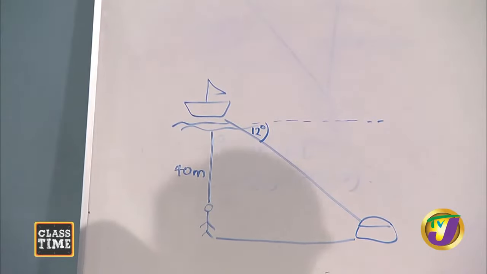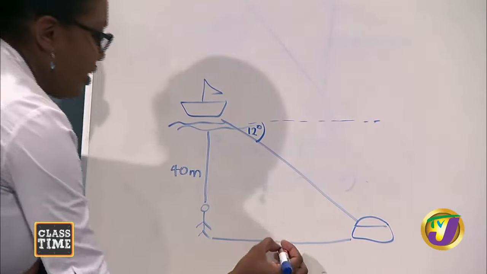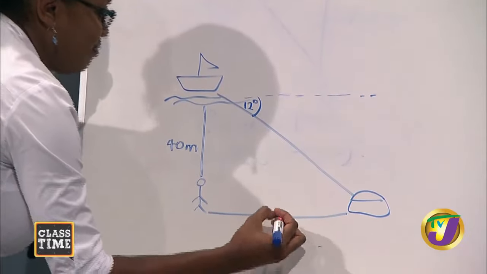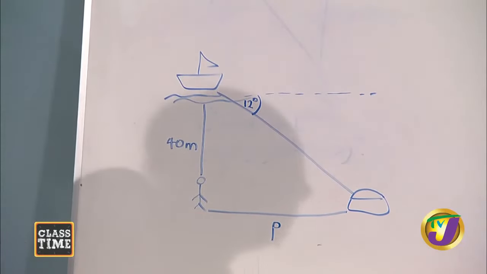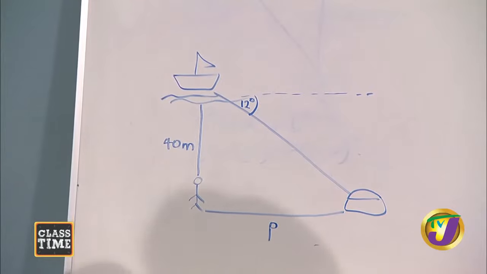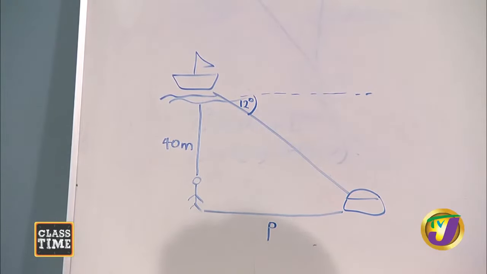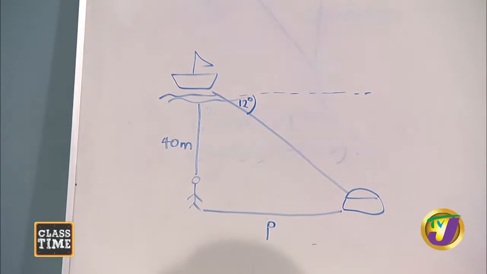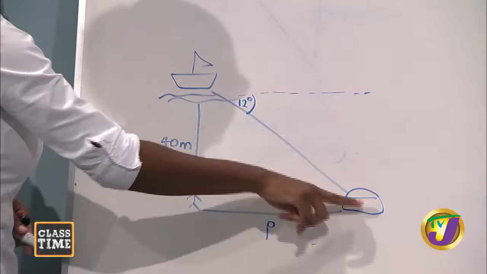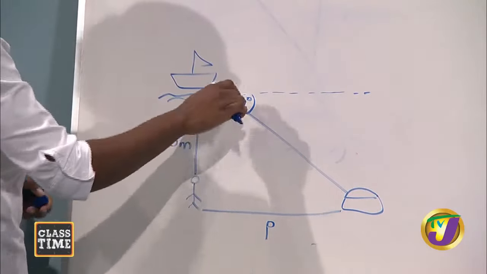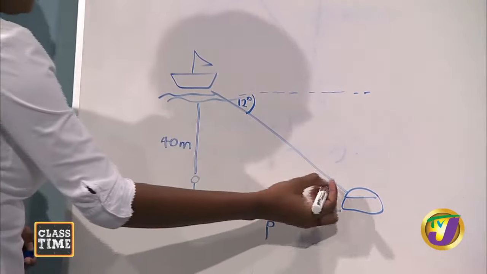So I'm going to call this, I don't want to write X, I'm going to write P. That's what we want to find. All right, so I'm picking up right here an alternate angle. Right where the treasure chest would be would also be 12. You know they also call it the Z angle. It's just like a back way. That's a Z, yeah. So whatever the size of this angle is here, it would be the same